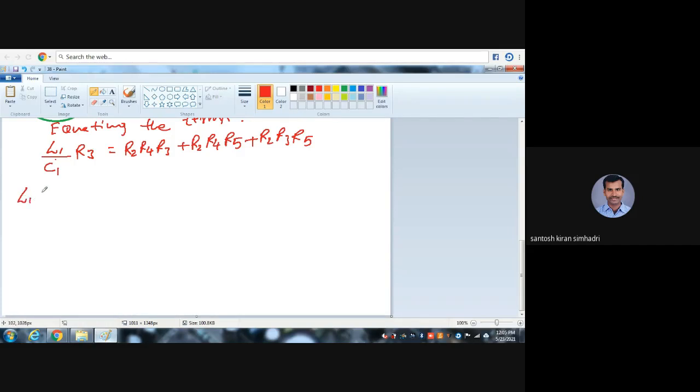So finally, L1 equals, once again I will write it because this is my important parameter. I will extend a little bit here: L by 3 C, here R3 by C. Now converted, C1 by R3. Okay, I will take a bracket. If required, you can write step by step, otherwise you can write the direct step because you are in the fourth year now. No need to do step by step. If you want to use more pages, you can do that in the end examinations. Now you can write directly.